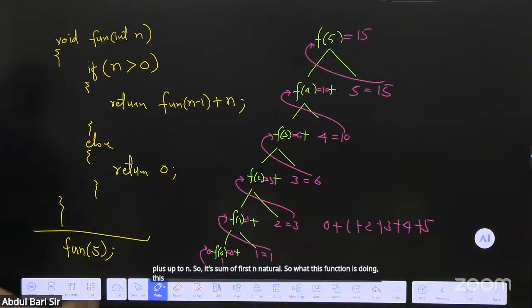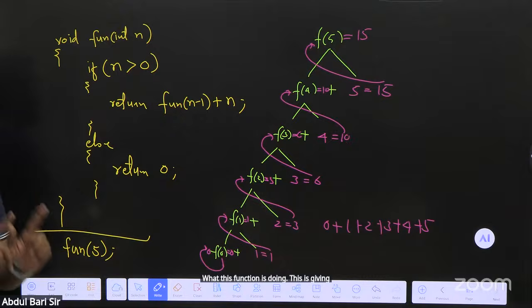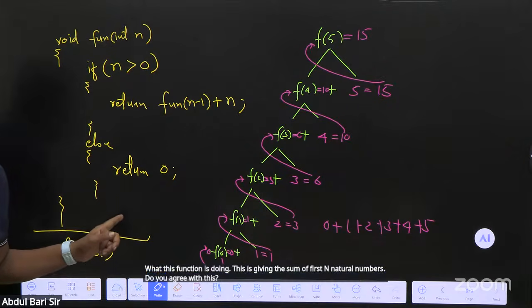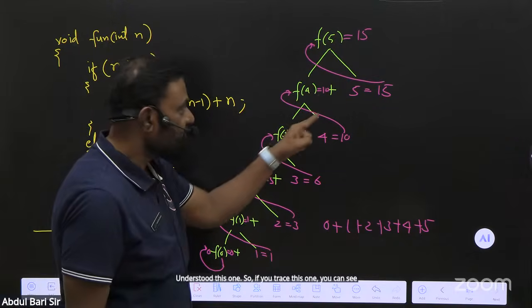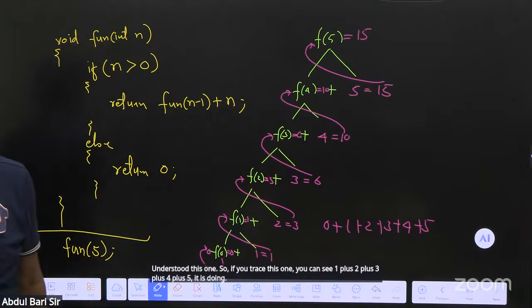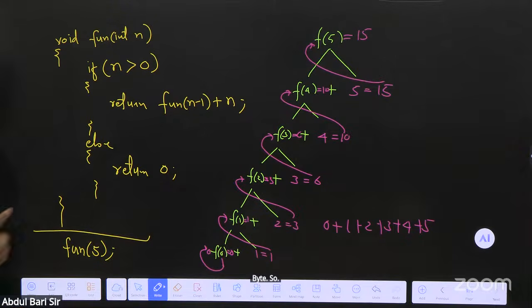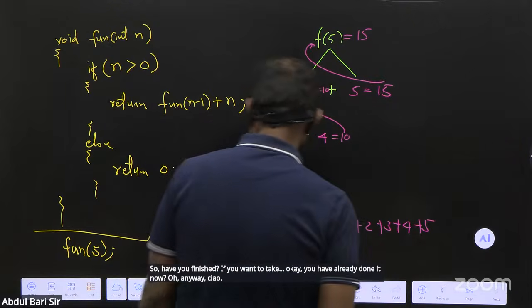This type of question is also important: what is this function doing? It is giving the sum of first n natural numbers. Do you agree with this? Understood this one? If you trace this, you can see 1 plus 2 plus 3 plus 4 plus 5 it is doing. That is nothing but the sum of first n natural numbers. All right? So have you finished? Anyway, chal. Now,